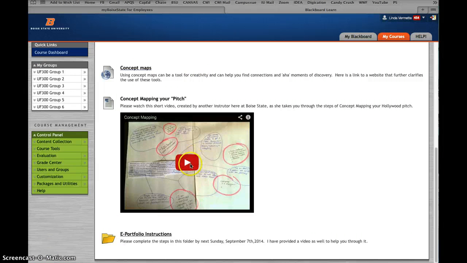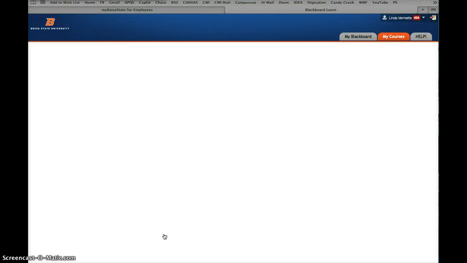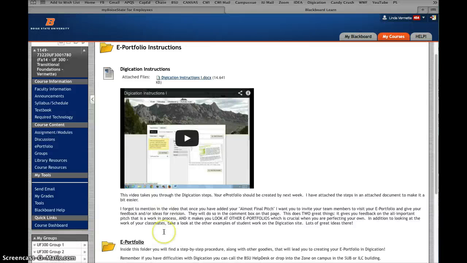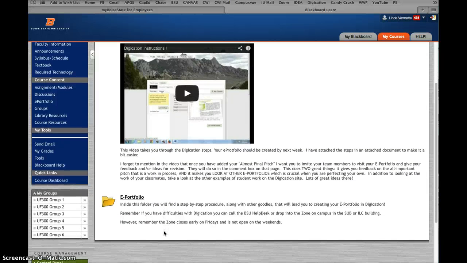You also will have a video that accesses information about how to make a tool, how to use a tool to make a concept map. And then we also start getting into e-portfolio information. And as I said, you will be creating an e-portfolio using a program called Digication. So you will have to be able to open up a Digication account and do some other assignments that are